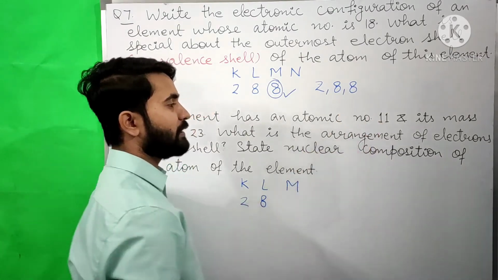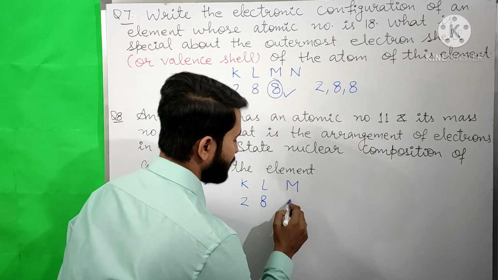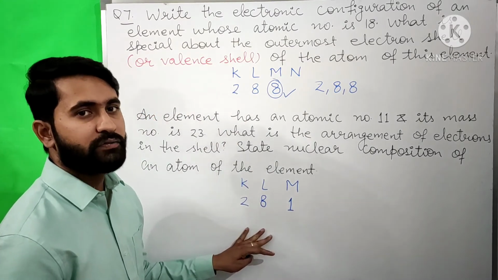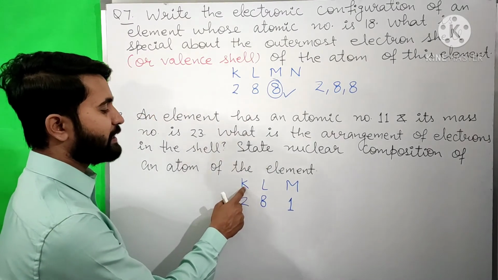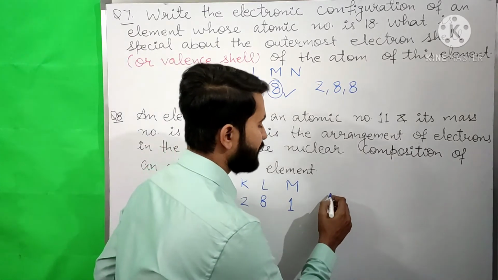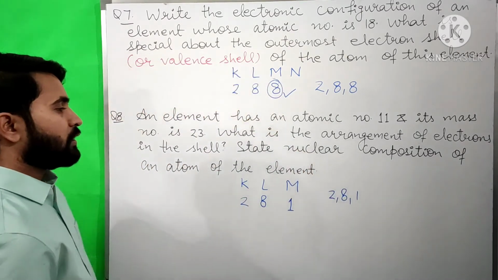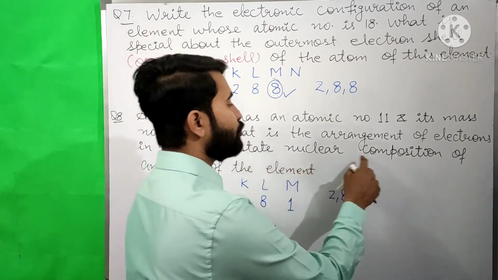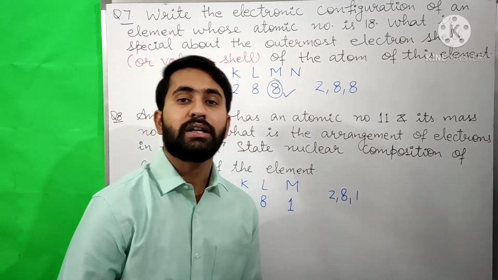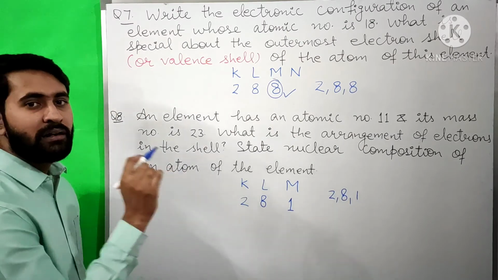10 subtracted from 11, that is 1. So 1 electron is remaining. So that 1 electron will be filled in the M shell. So the electronic configuration of this element is 2 electrons in K shell, 8 electrons in L shell and 1 electron in M shell, or we can also write it as 2, 8, 1. Now we have to state the nuclear composition of an atom of the element. It means we have to tell how many protons and how many neutrons will be in one atom of